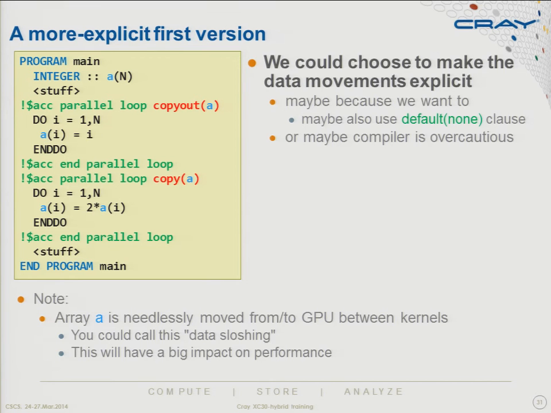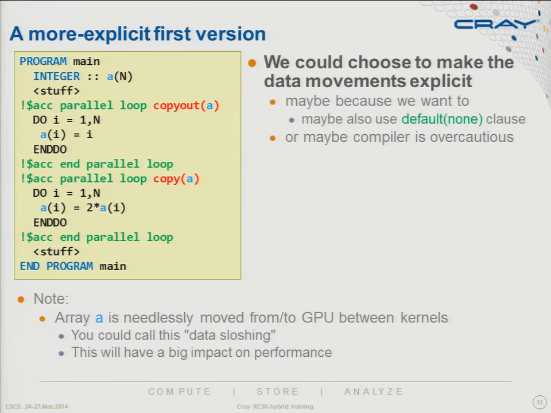So if I wanted to write it in explicitly, in this example, A is write only here, so it's copy out. A is read write here, so it's copy. And I could put those clauses in, and it'd be exactly the same. But of course, the real problem here is not the fact that these kernels are